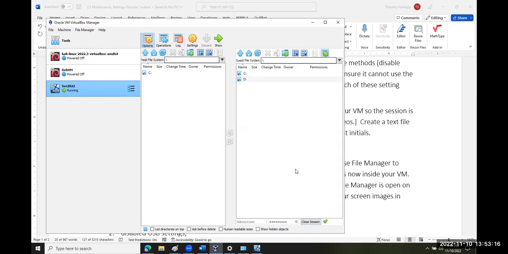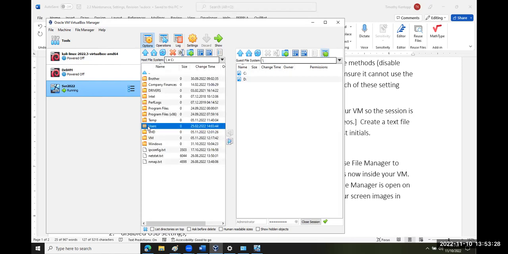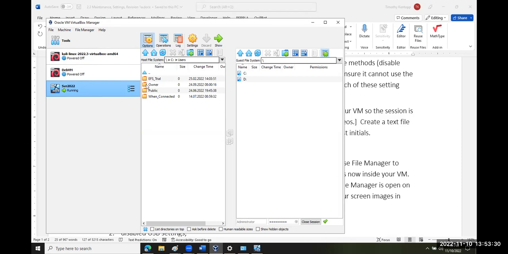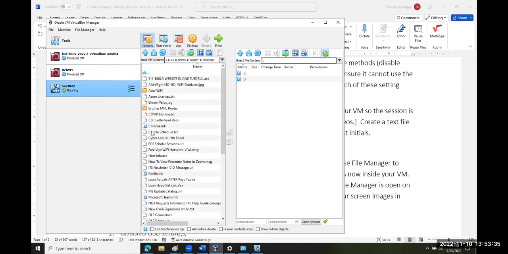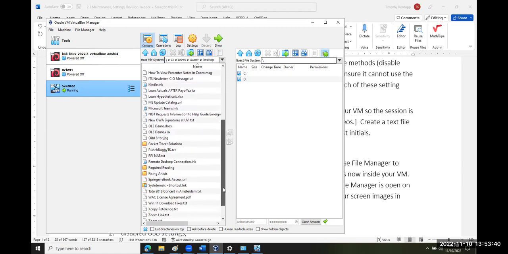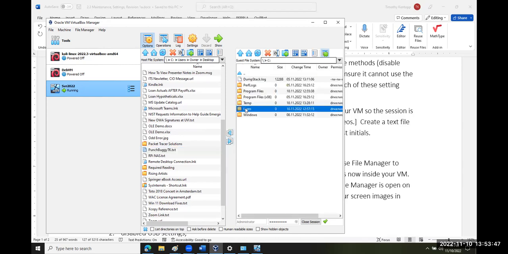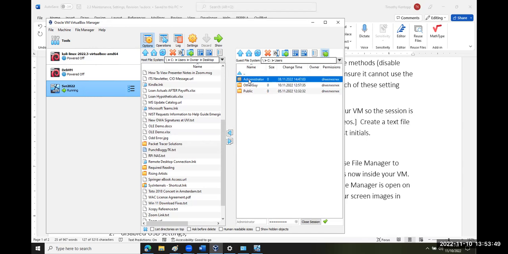And at this point, I have access to the C drive and the D drive on my virtual machine. And in here on the C drive, I can double click to get into the users folder in my login I'm on right now, owner. I'm going to go to the desktop and I'm going to select Punch Buggy. And I'm going to move it over here, but I want to do it inside the users folder under administrator,